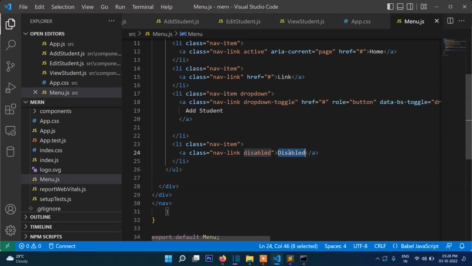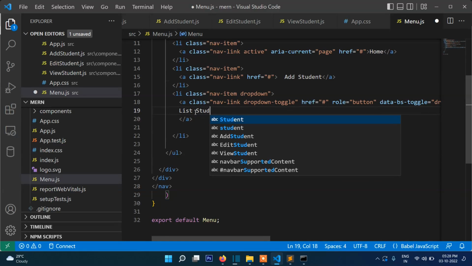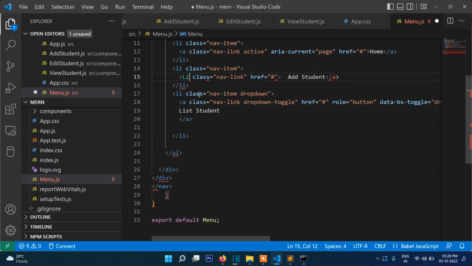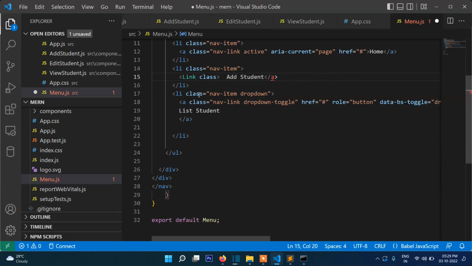Then add student here and list student, and here will be link to, that means home page,